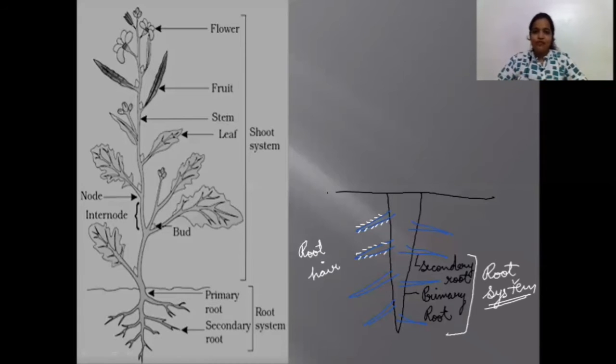The root system is formed by the radicle, and it has two parts, secondary roots and primary roots. Primary roots are the main roots which have lateral branches known as secondary roots. Clear, guys? So let's see these parts again in this picture. This is the main root, the pink colored part. This is the primary root. It is going to have a number of branches, and these branches will be known as the secondary roots, together forming the root system. Clear, guys?